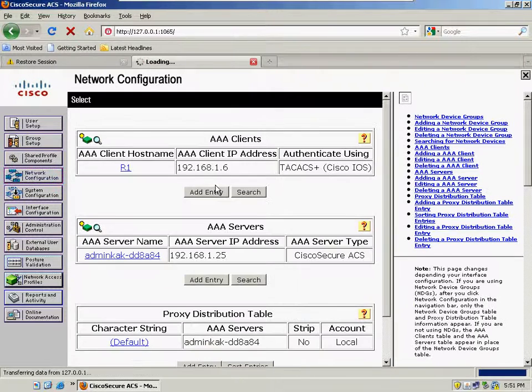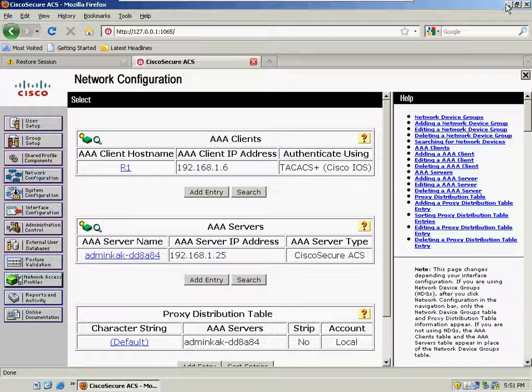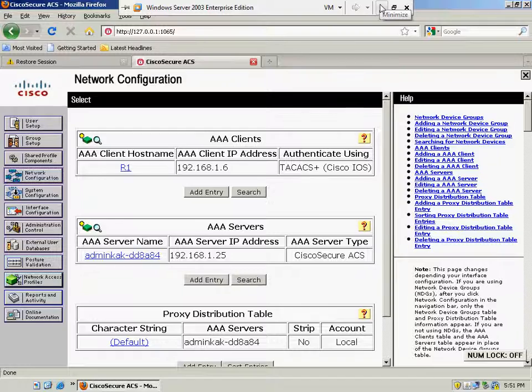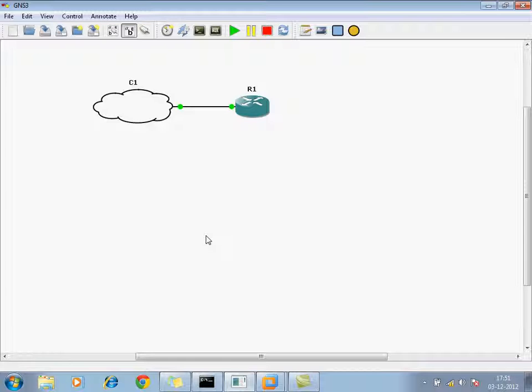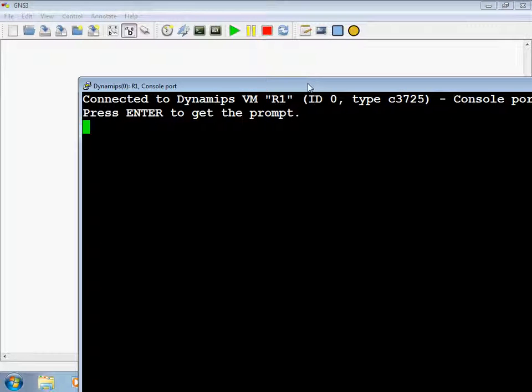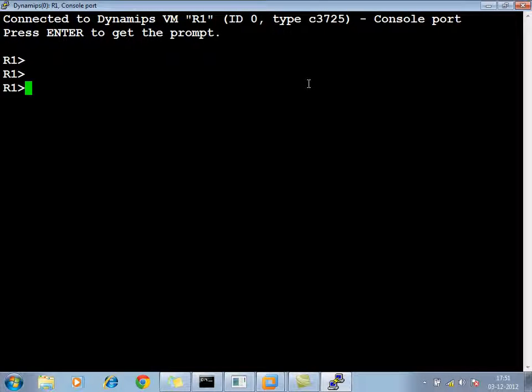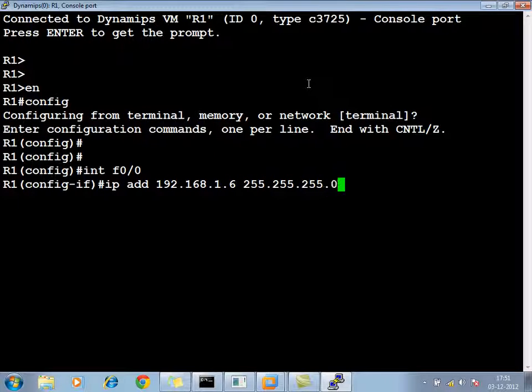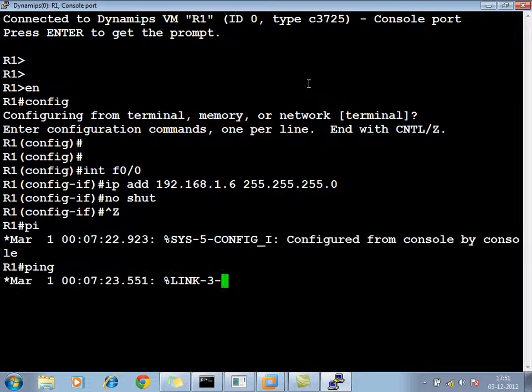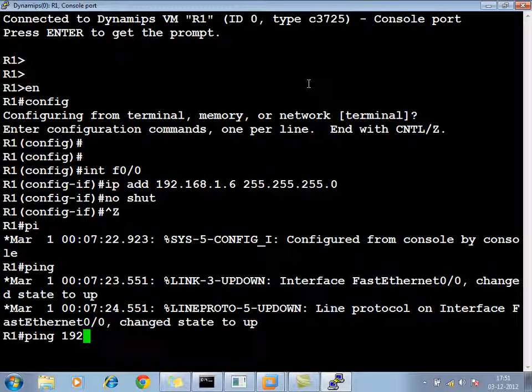It's done. Check it out. The advanced IP address is 1.6. It's running TACACS. So I'll go to GNS3 and start the router. Introduce IP addresses. First thing is I will try whether I can reach my VMware by typing